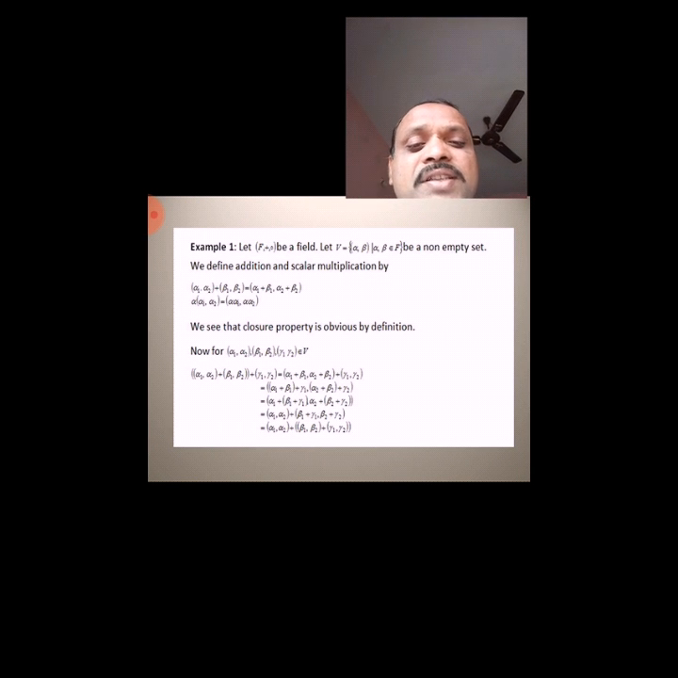Now let us see the examples. Suppose F is any field and V is the set of all ordered pairs, alpha and beta members of F. We define the addition and scalar multiplication as: alpha 1, alpha 2 plus beta 1, beta 2, component-wise addition, equals alpha 1 plus beta 1, alpha 2 plus beta 2, and alpha times alpha 1, alpha 2 equals